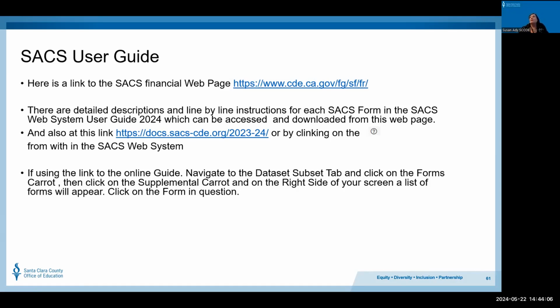You can also click on this link here and get the online version of it. Or anytime you're in the SACS system and you see this little question mark icon, you can click on that and it'll take you to the user guide. If you're going to be using the online version of the user guide, here are some helpful tips. Go ahead and navigate to the data set